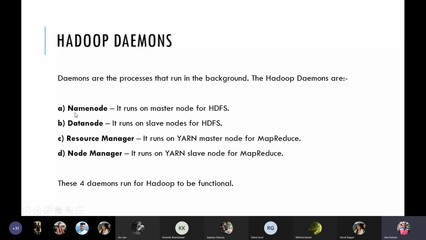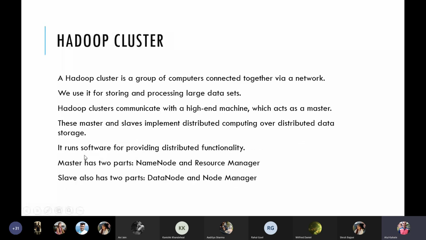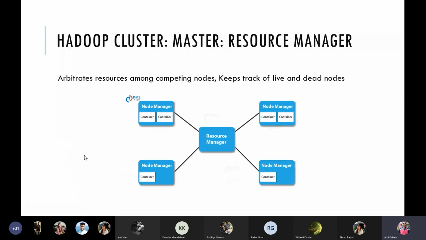So just as name node uses data nodes, resource manager uses node managers. So these node managers are responsible for running the user processes, then making sure that there are what we call as containers. So container is nothing but an equivalent of, let's say, a fully ready type of process.